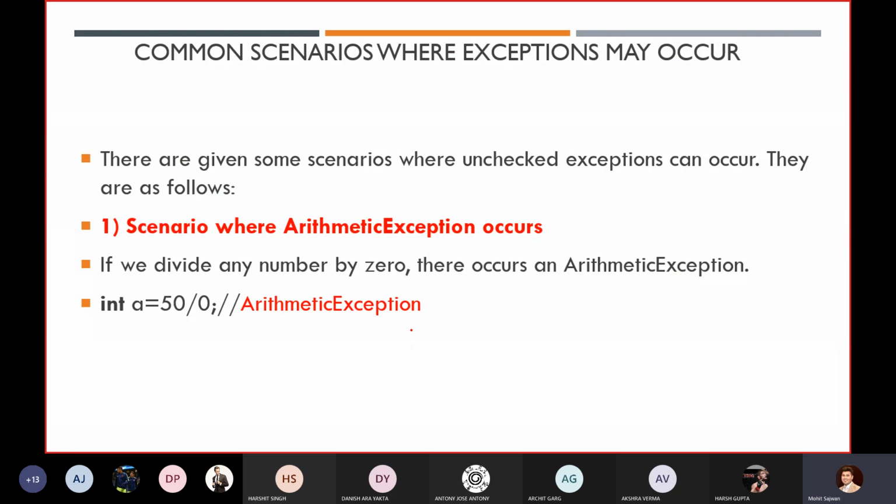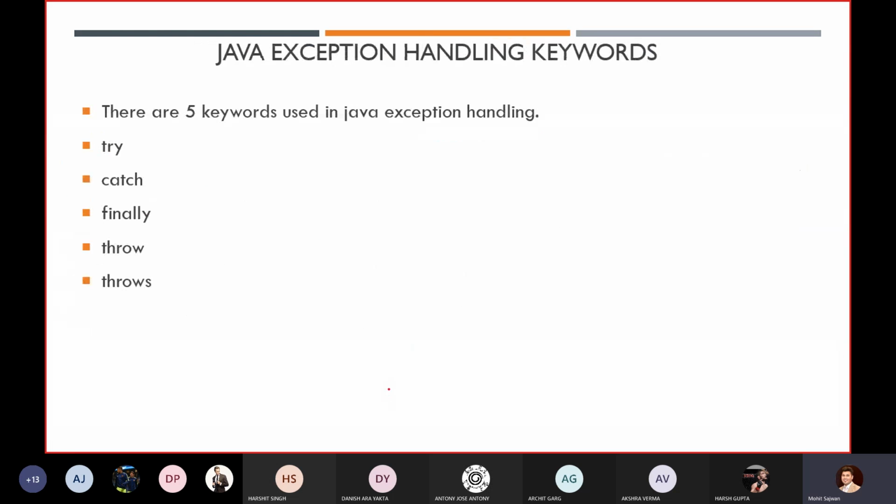Now, till now we have an idea about what we mean by exception and why we are getting it. Now suppose we got some exception, right? We already have a default exception handler. But as you already know, what is our default exception handler doing? It terminates the entire method where we are getting that particular exception, and later on it will terminate our program abnormally. Meaning if there are some statements after that particular statement,